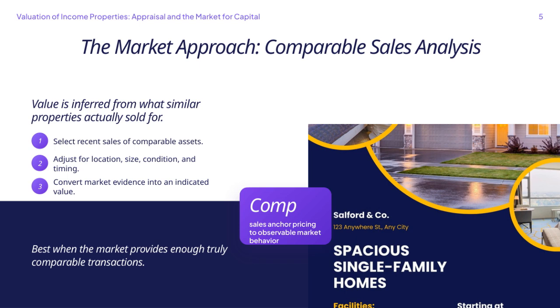Next, adjustments are made to account for differences in location, size, condition, and the timing of the sale. These factors can significantly affect value, so making these adjustments is crucial to getting an accurate estimate. Finally, the adjusted data from these comparable sales is used to indicate the value of the property. Essentially, this method anchors pricing to real, observable market behavior, making it a reliable way to appraise properties, especially income-generating ones. This approach ties closely to how the market for capital operates in valuing income properties, ensuring that the appraisal reflects